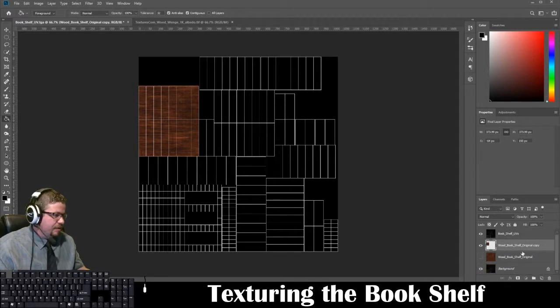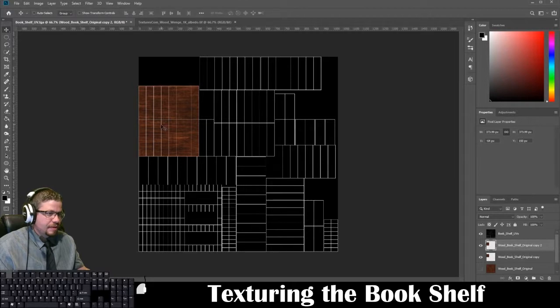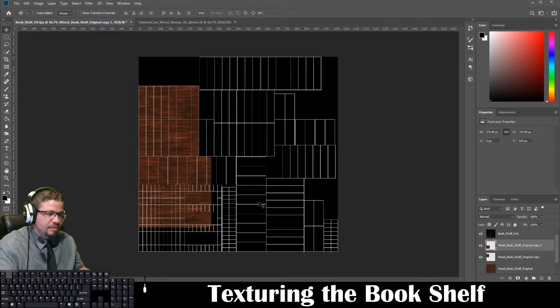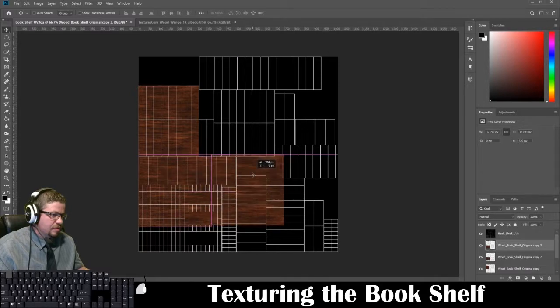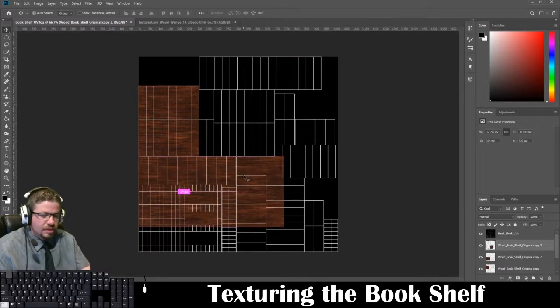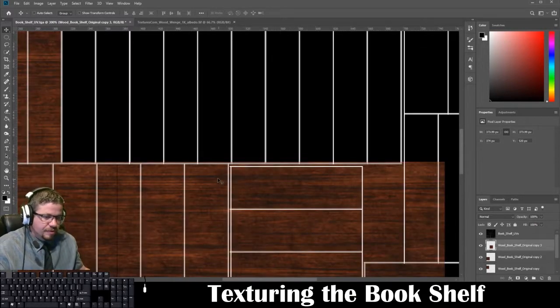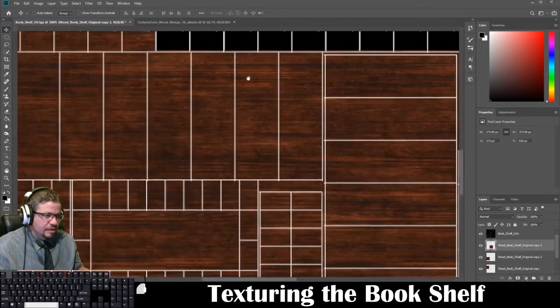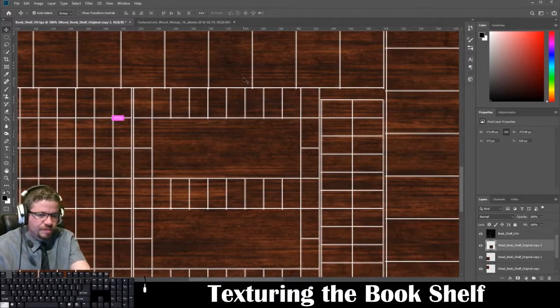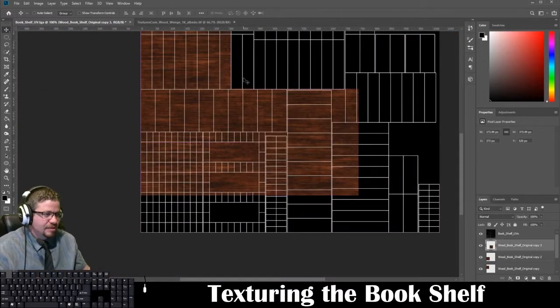And I'm going to keep repeating this process until I get the results that I'm looking for. And I can overlap these for now, and I'm just going to show you and zoom in a little bit. Use my arrow key, and you'll see that it just lines up just right. And that's known as a seamless texture. And you can go through this and sort of